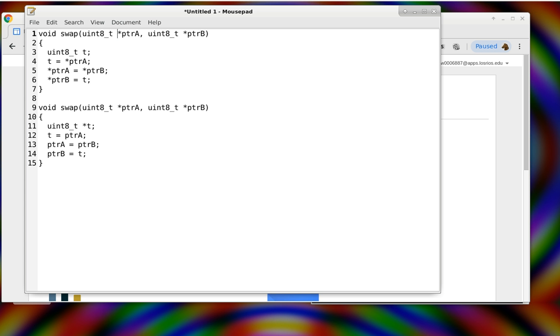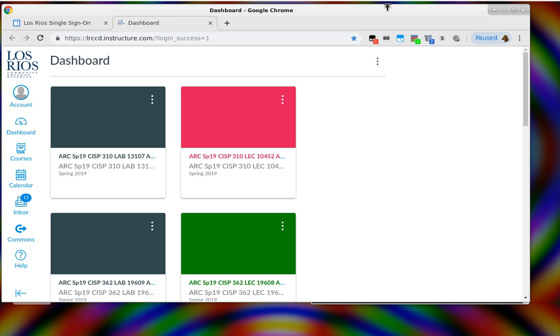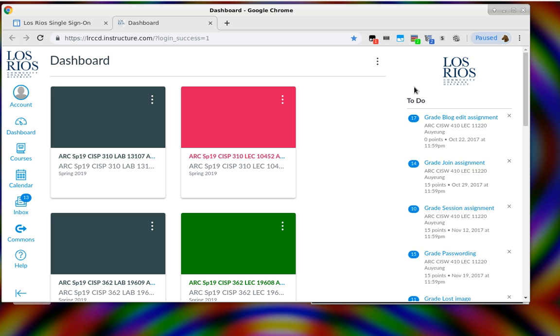Fibonacci. Yeah, I think it's Fibonacci, right? So are there any questions about the Fibonacci homework assignment? That one is due tomorrow, and then the swap subroutine is due today, at the end of the day. So I cannot show you the solution because